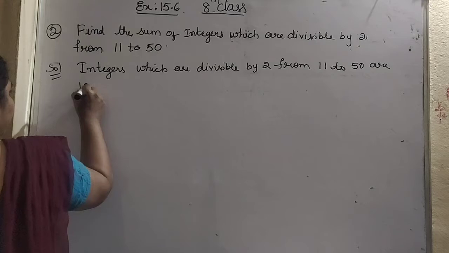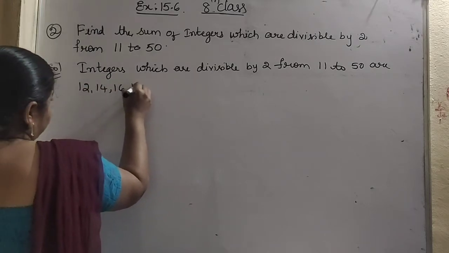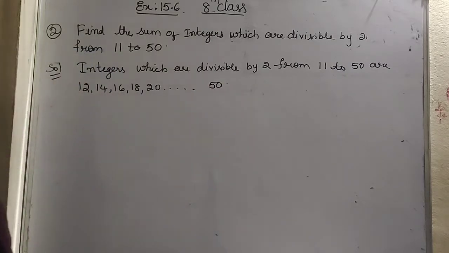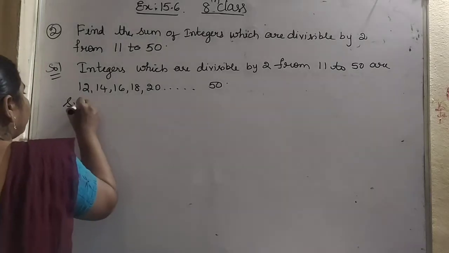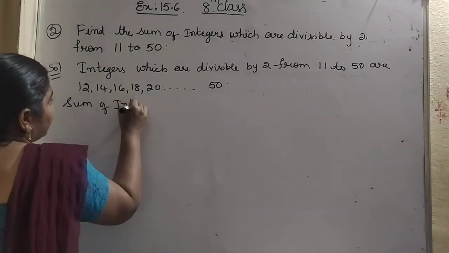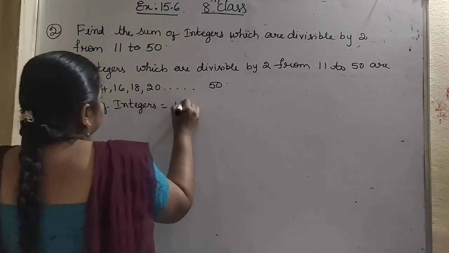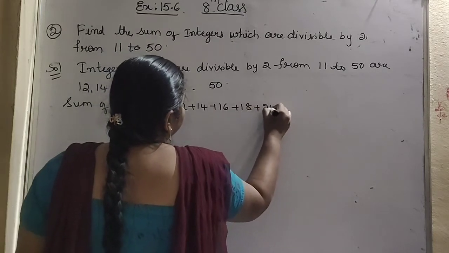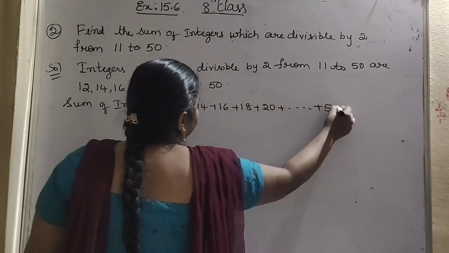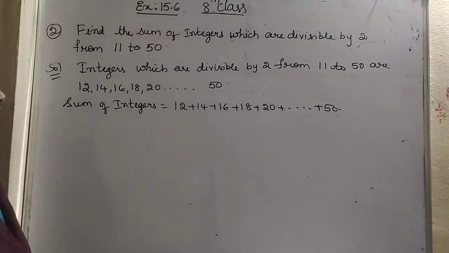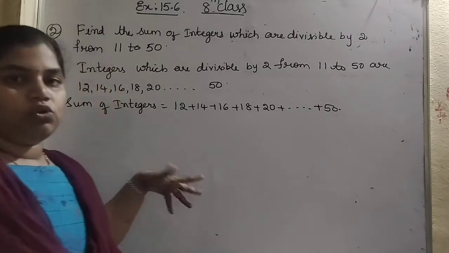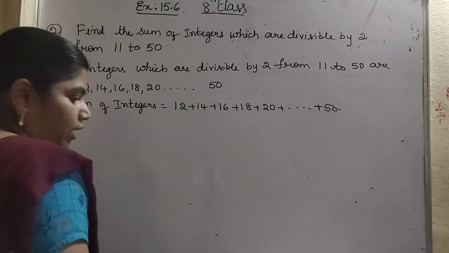That is 12, 14, 16, 18, 20, so on up to 50. So these are the numbers which are divisible by 2. So how to find the sum? We will see. Sum of integers is equal to, sum is nothing but doing addition. So that will be 12 plus 14 plus 16 plus 18 plus 20 plus so on up to 50. So if you add all these, we can directly add the numbers from 12 to 50 also, but it will take too much time. So what I am doing, that is